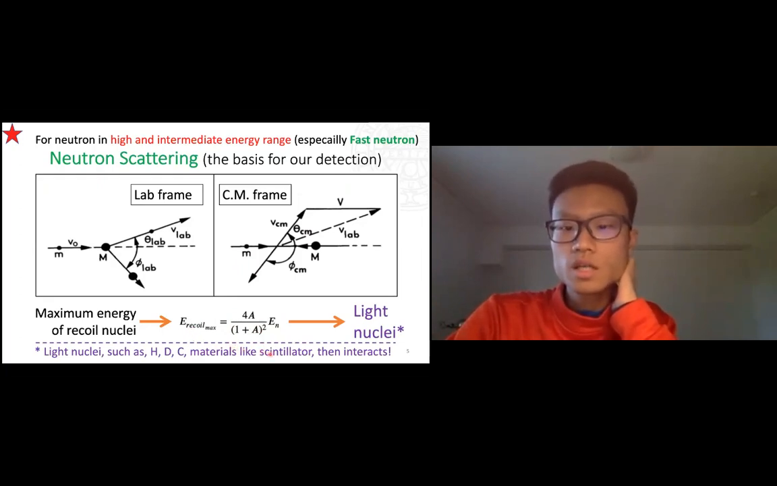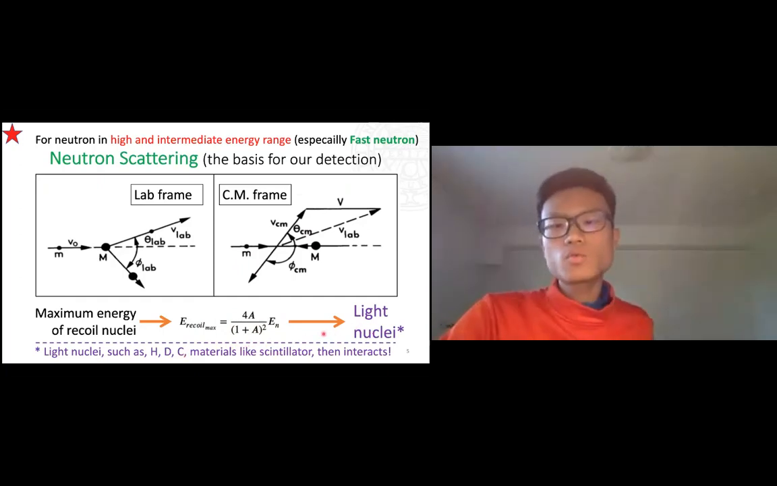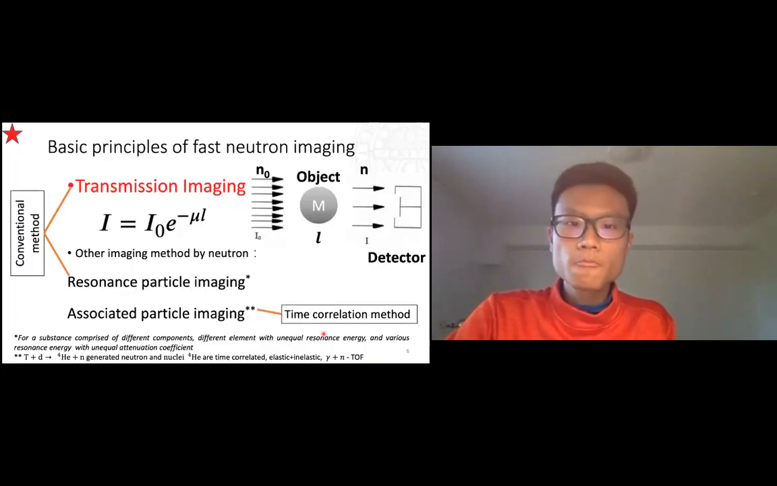It would, in this case, be the scintillator. The scintillator consists of light nuclei such as hydrogen, deuterium, or carbon, which satisfy this requirement for a better result for our detection of the neutron. And besides the detection of neutrons, if we want to do some